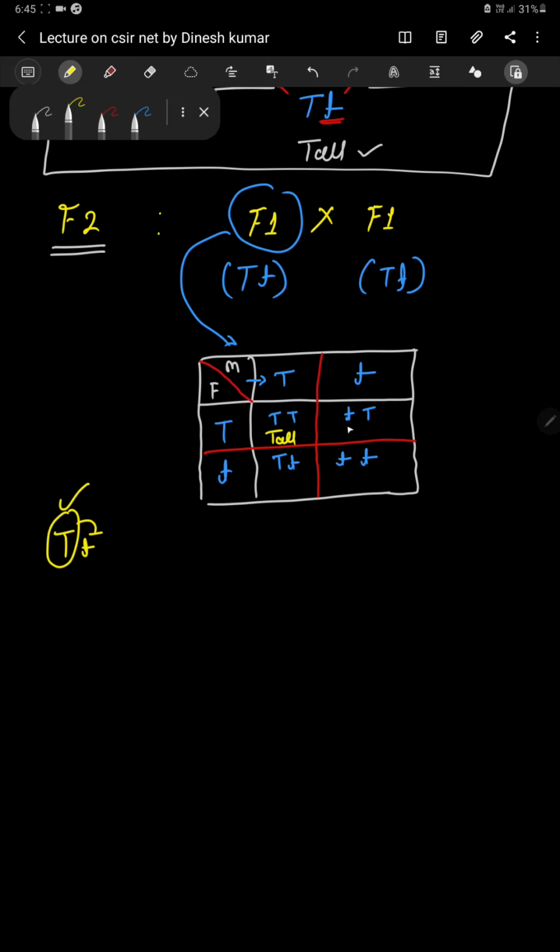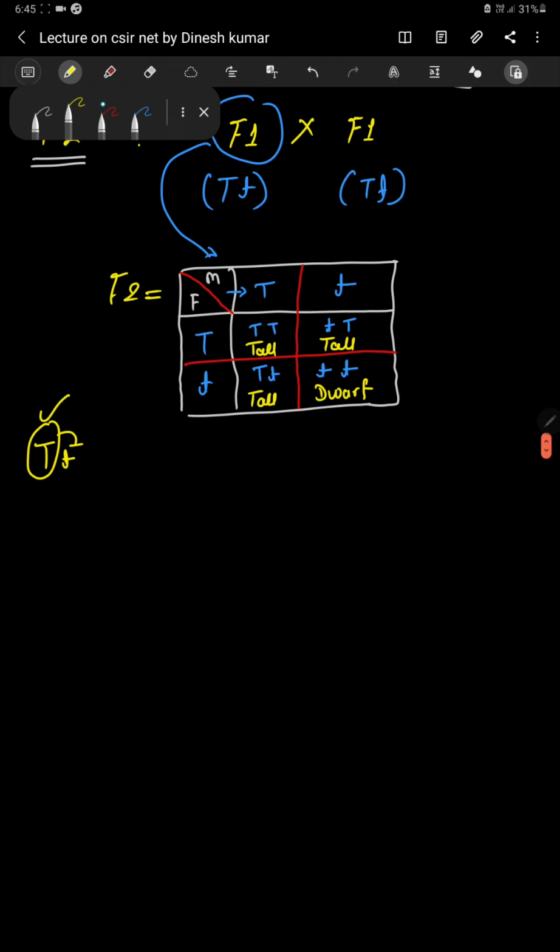So this plant will represent the phenotypically tall. Similarly, this plant is also phenotypically tall. Now here we can see that there is an absence of the dominant characters in the F2 generation. So here we see the dwarf plant. Now if you look into the phenotypic